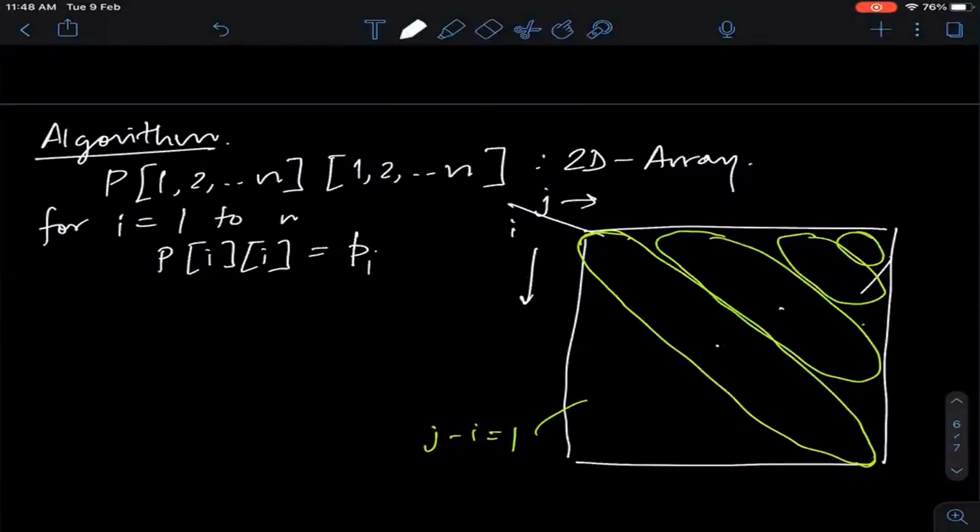Yeah, Ananya, what do you mean identical? Southwest is where I is bigger than J, so then you have to do the other direction. The reason we are doing northeast is because I always has to be less than or equal to J. It can never be more than J by the definition of our subproblem.